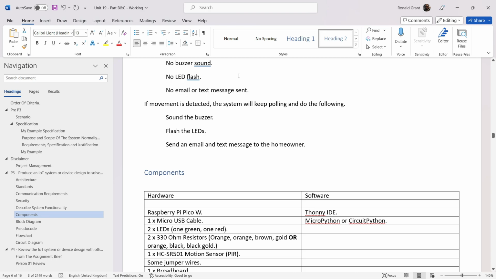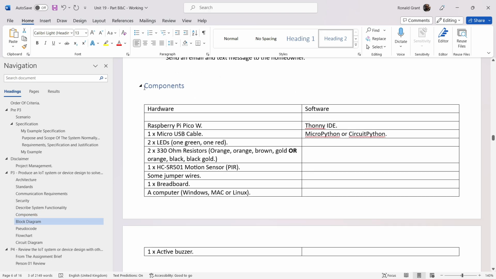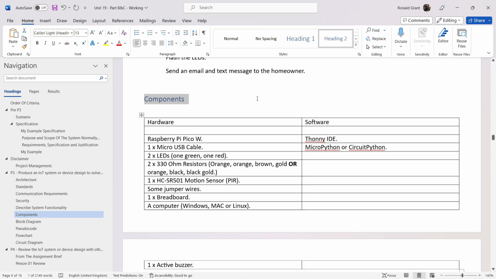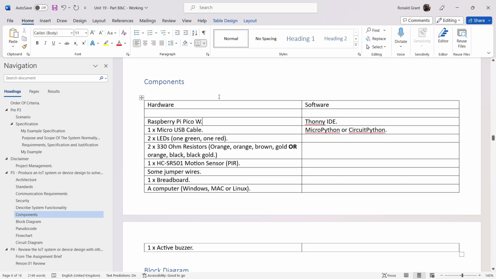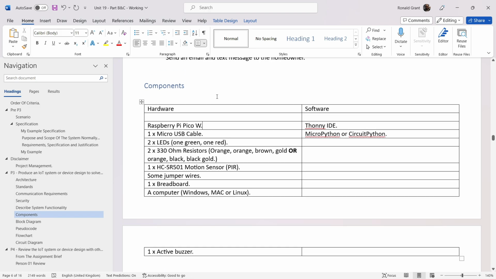Pause that and watch that in your own time again. And I have here components. I've separated this into hardware and software. You don't need to do this because, to be fair, I could get rid of all of this here. It's not necessary. Hardware and software, reason being, again, if we're going to be designing, we're going to have,